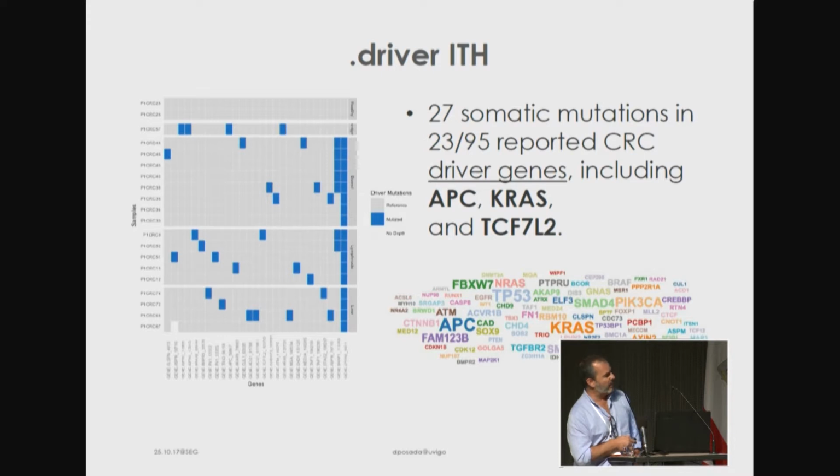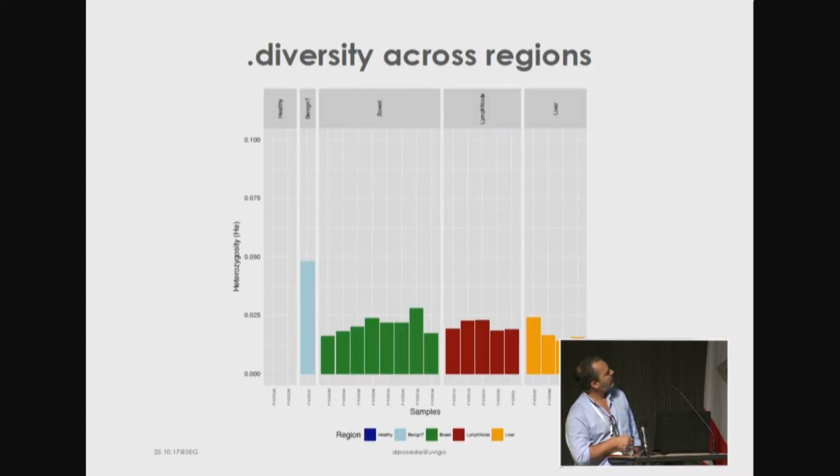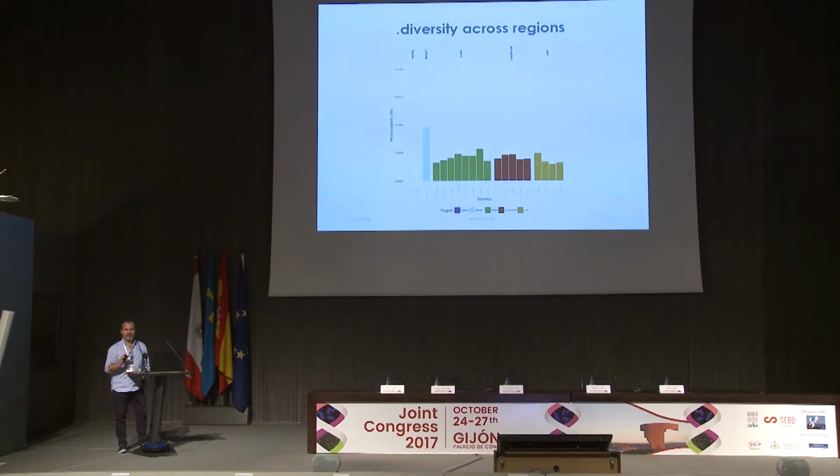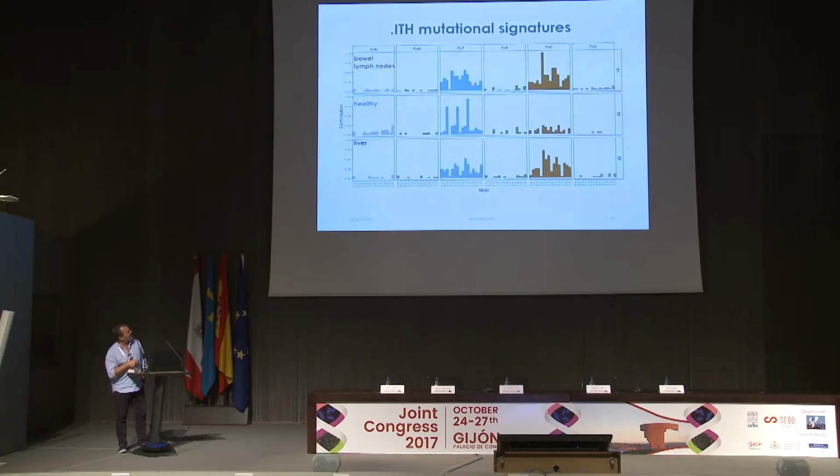Okay? We need to be aware that there is a lot of heterogeneity among the geographical location of driver mutations in tumors. The levels of diversity, you might think that they might be different in different regions, more diverse, but actually they are very similar, okay? The heterozygosity across the different regions somehow suggests that this diversity might be old and there is a lot of mixing. So cells, at least in this case, are really well mixed in the tumor. We don't have a clear population structure, as we'll see next.